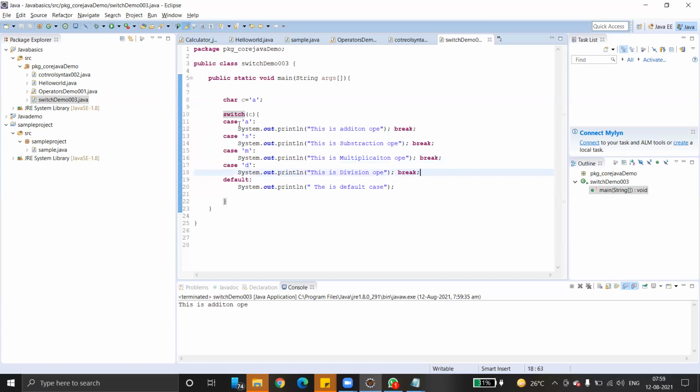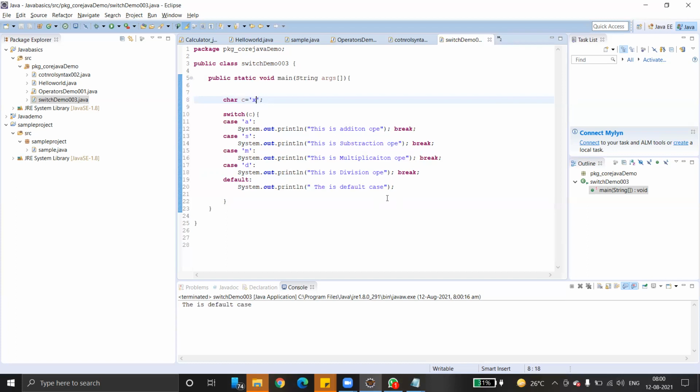Clear? So first it will go to the switch case, and then it will evaluate the expression. Based on the expression, it will go to the different cases. If it is M, suppose if you give X, what happens now? Tell me. Which case gets executed? Default, right? Because none of the conditions are fulfilled. C equals X, so it doesn't go to M, it doesn't go to S, it doesn't go to D also. So finally it will go to the default case. Run this program. That's it. This is how the switch case works.